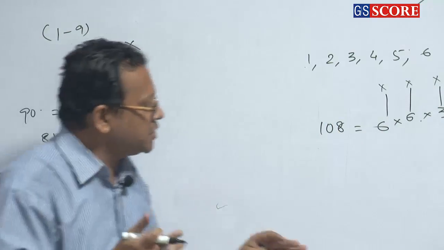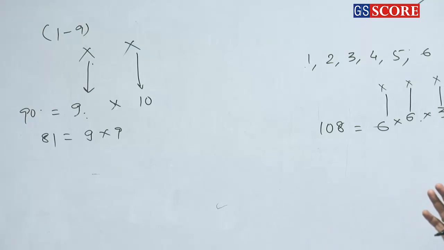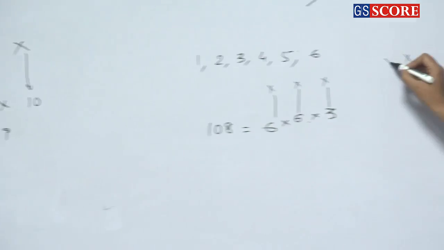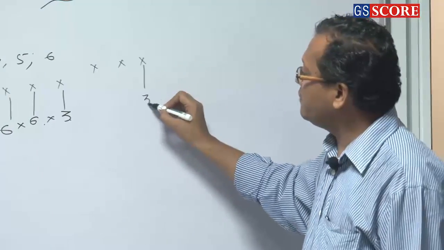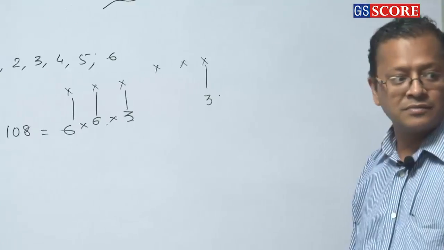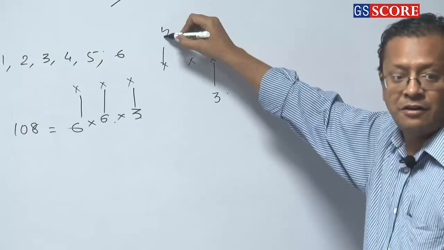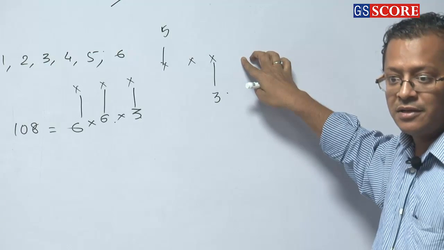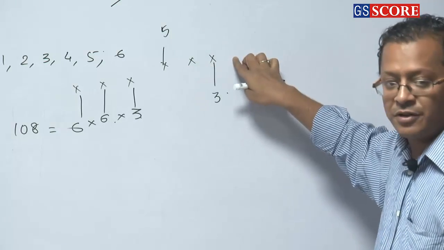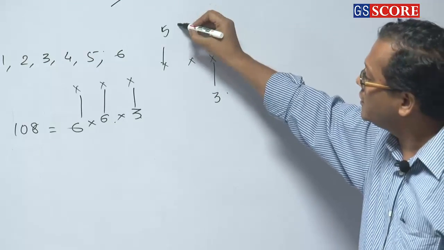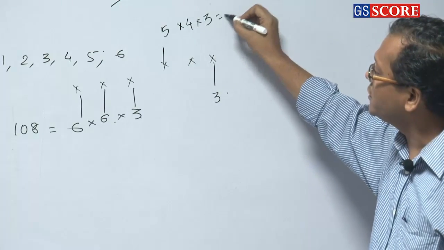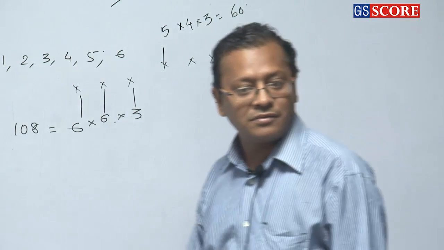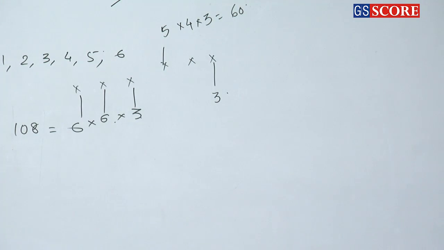Now my question is, if the digits are not repeating, then how many ways? You can say, sir, last place can be filled up in how many ways? 3 ways. The first place can be filled up in how many ways? 5 ways, because 1 digit you have used already, and these 2 digits are repeated, if done, so only 4 digits are left. So 5 into 4 into 3 is equal to 60. Clear or not? Everybody clear?